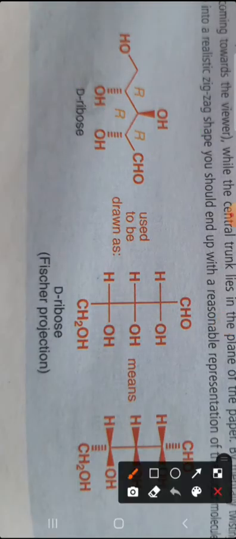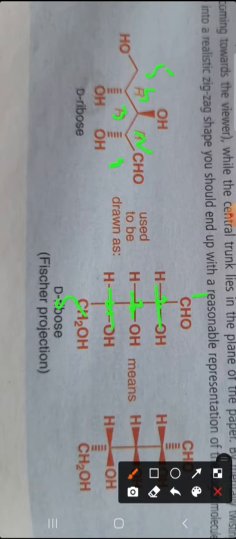First of all, this is a zigzag structure. We give numbers to all carbons of the chain. This is first carbon, 2, 3, 4 and 5. 5 carbon is there. So first of all we have to draw the 5 carbons over a vertical line: first carbon, second carbon, third carbon, fourth carbon and fifth carbon. To show the substitution over the carbon we have to draw horizontal lines. Ignore this OH and H group, which side of OH and H group.